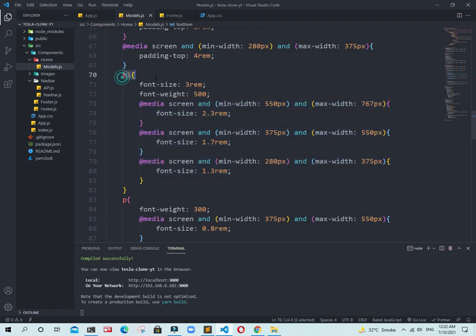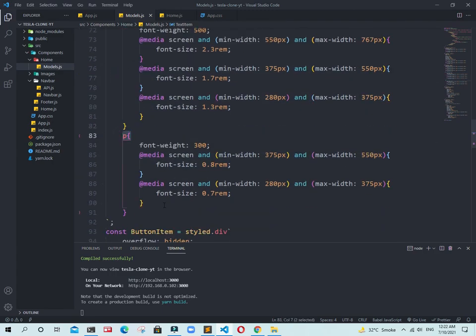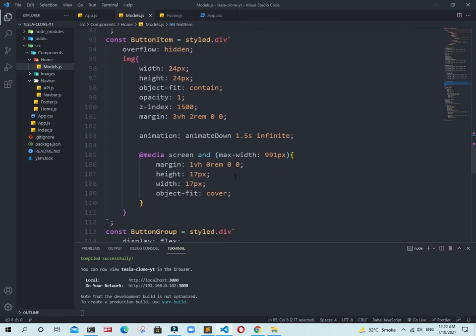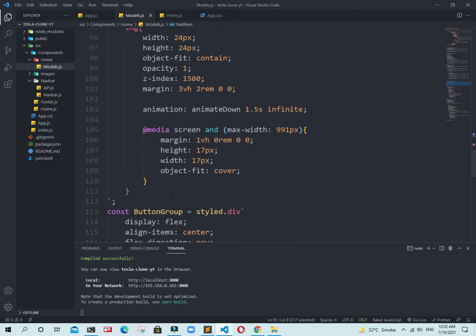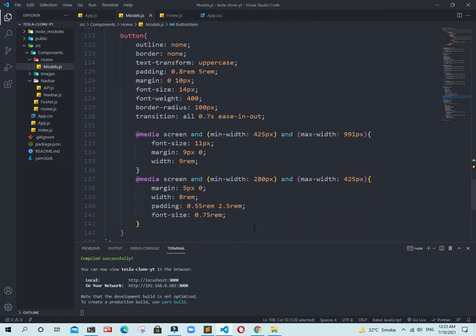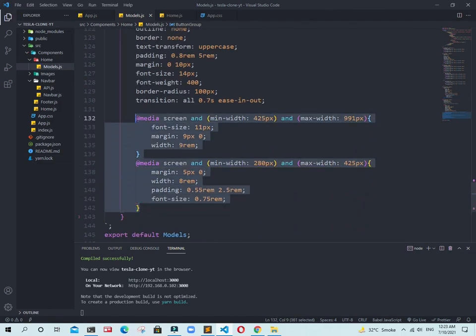And also you need to write these media queries for the h1 tag and for the p tag. Okay guys, I am not writing these media queries because it takes a lot of time, so you can also add them on your own. That is why I just show you. And now for this image I write this media query. Similarly for the buttons I write these media queries. Instead of this one, I am going to write 17 rem or just write 14 rem.